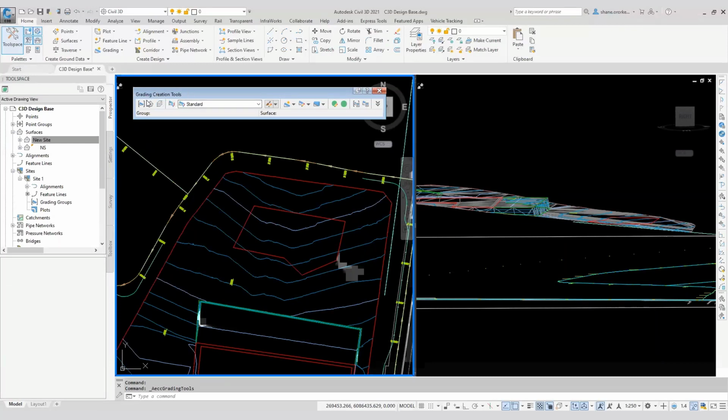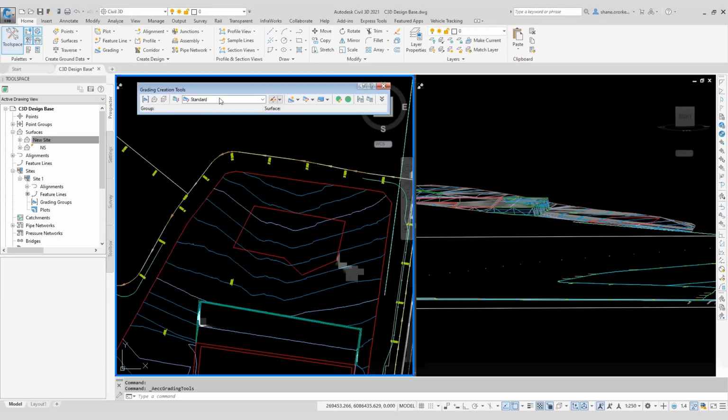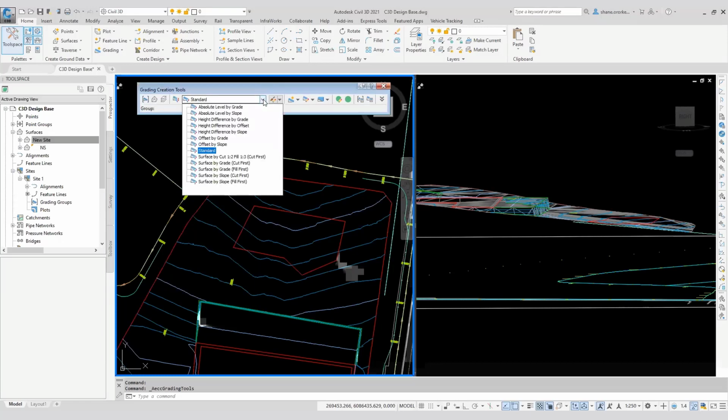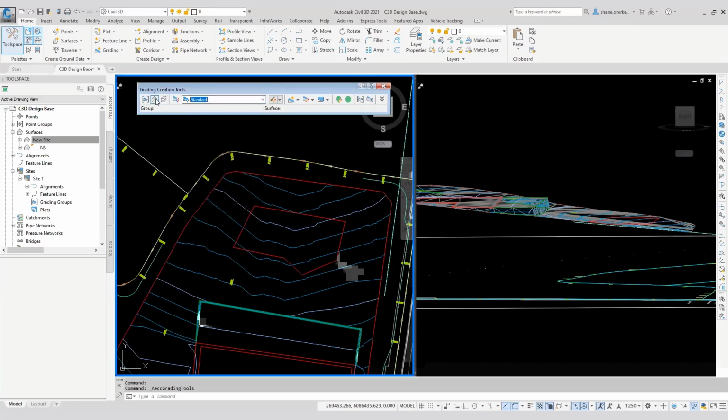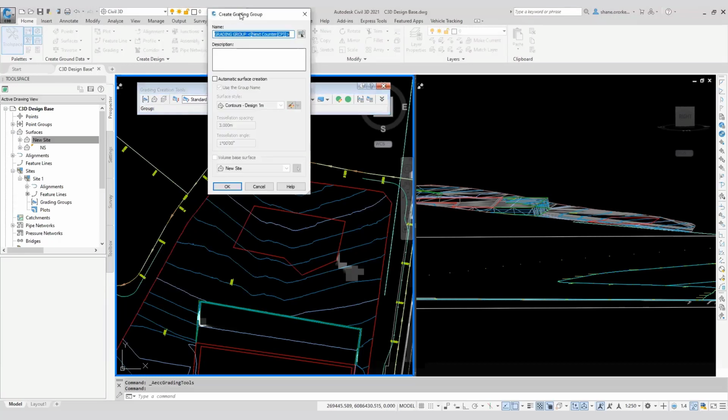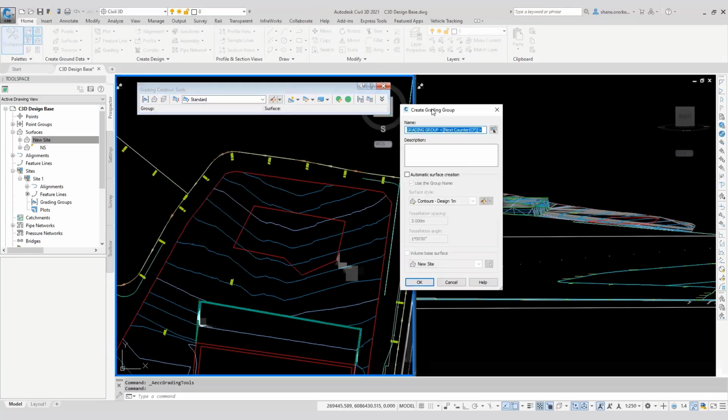To do a grading, you need to define a grading group, and you can do it here. You can do it from the menu. This is the Creation Grading Tools toolbar. Very useful interface for you to do gradings. But the first thing you need to do is define a grading group. You ask yourself why, but there's a couple of reasons. Main one is that you name this,